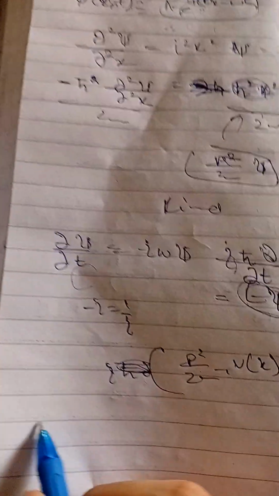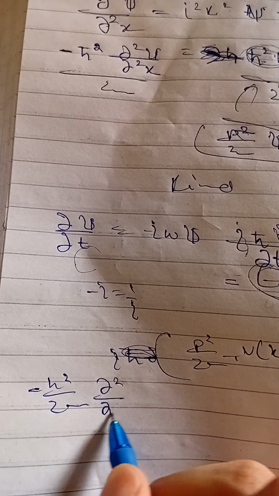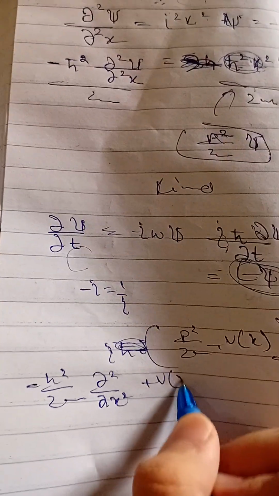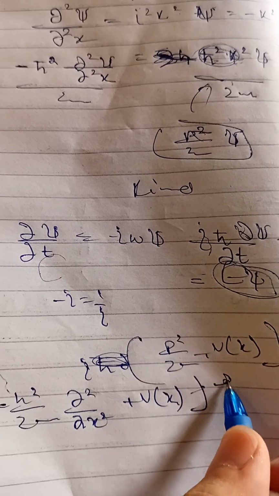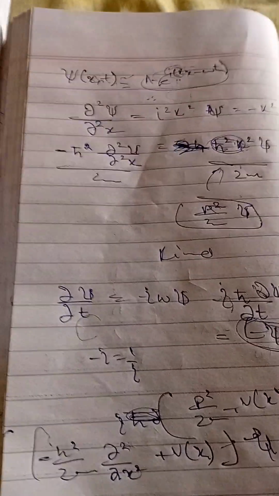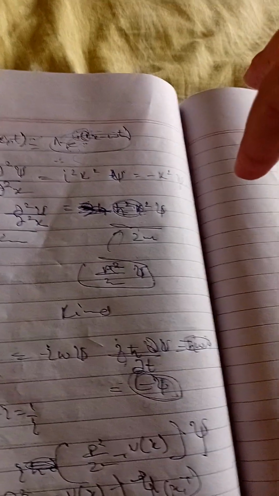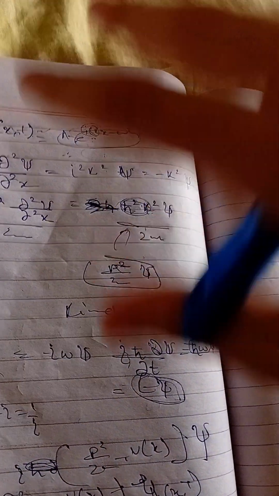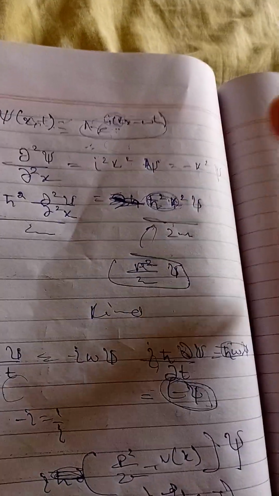At that point, we treat the x part and the potential energy separately, and this is what you get: the potential energy operator, kinetic energy only for space, and total energy for time. Okay, guys, I hope you got it. I'm going to go into more detail with the postulates and all those things, but right now